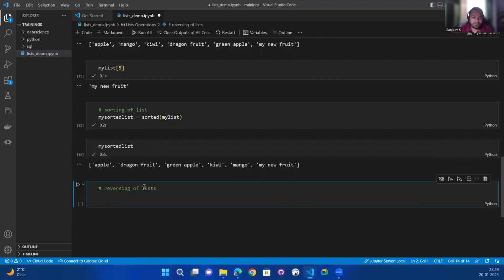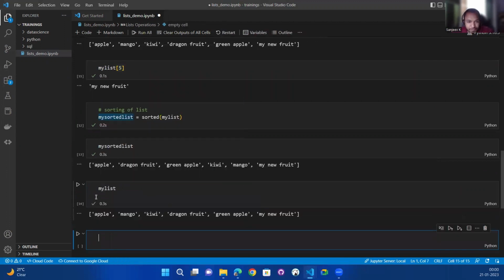So this operation is quite simple. Okay, one more thing that I want to show you is, though we sorted, and if you notice, we sorted my list and we kept that in a new variable, which is nothing but my sorted list. So if you are confused about whether it would have any effect on my original variable, it would not have